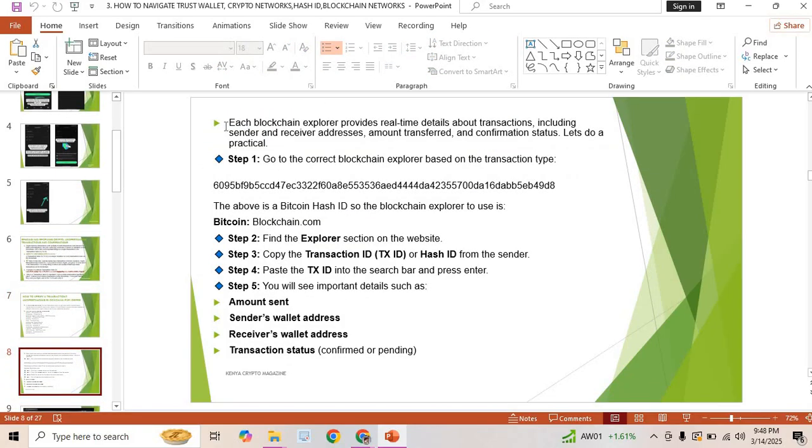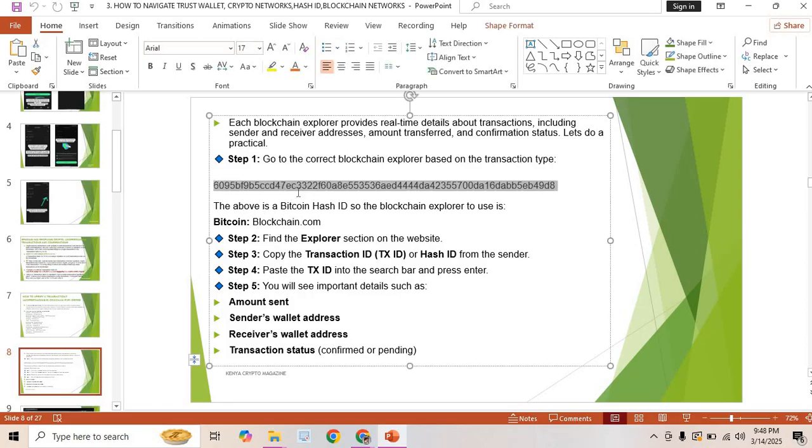I'm very sure I had an example. So each blockchain explorer provides real-time details about the transaction, including the sender, the receiver's address, amount transferred, and confirmation status. So let's do a practical right here. Go to the blockchain explorer based on the transaction type. So for example, this transaction type is a Bitcoin